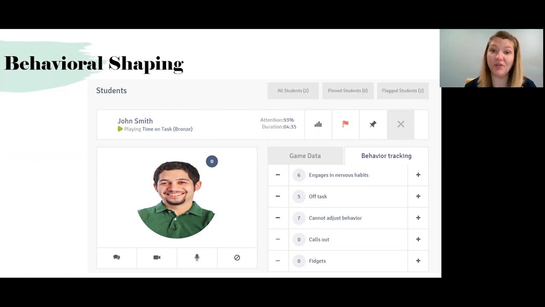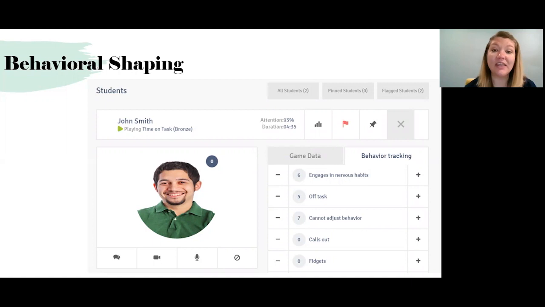So in a traditional environment with a one-to-one, you're going to be next to your student that's training. And again, student can be an adult or a child. And every time you see a behavior, you're going to have a sheet that you can mark on. And basically you're collecting data to give to the system. So every time you see them fidget, you're going to make a mark. Every time you see them start to hum, you're going to make a mark.